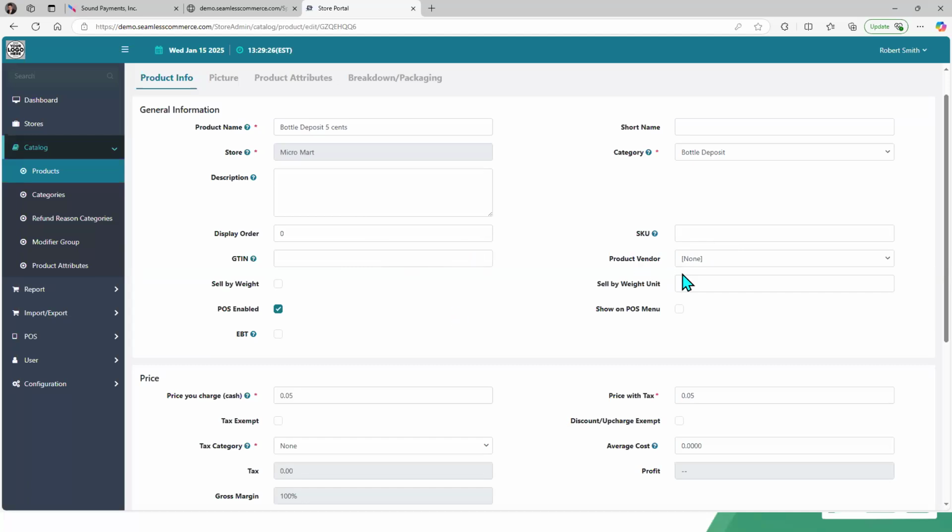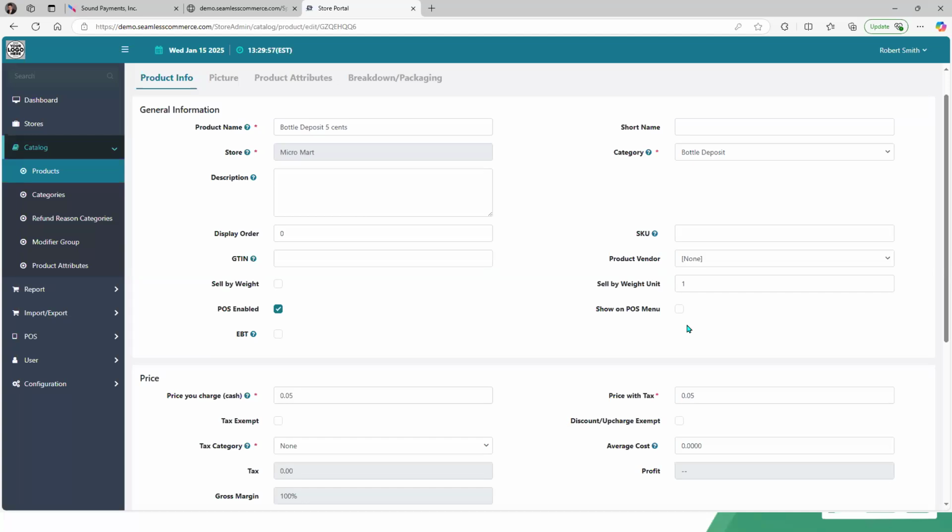The product vendor field right now, it's not something we're utilizing, but we will have a product vendor field at some point in time. You can do sell by weight. And we recently added an integrated scale. Again, it's another add-on service that we're offering. So you actually can add something on there. You can choose to have the item disabled without deleting it from inventory. This is great for seasonal items or maybe items that you run out of inventory, but you don't want to delete because you're going to